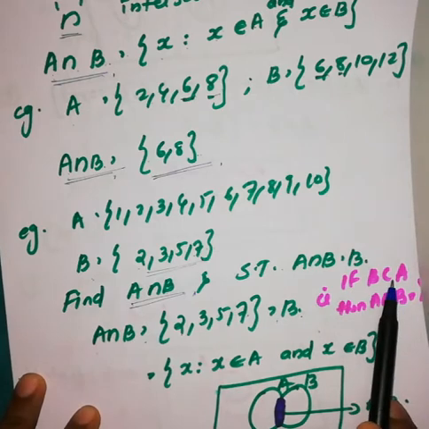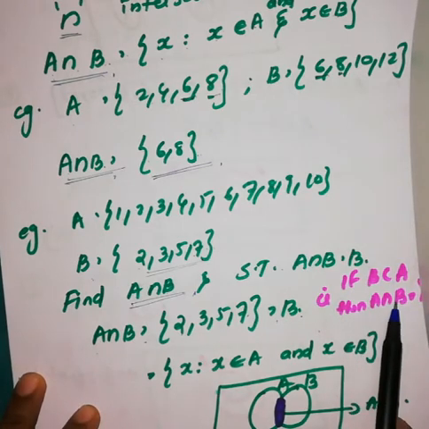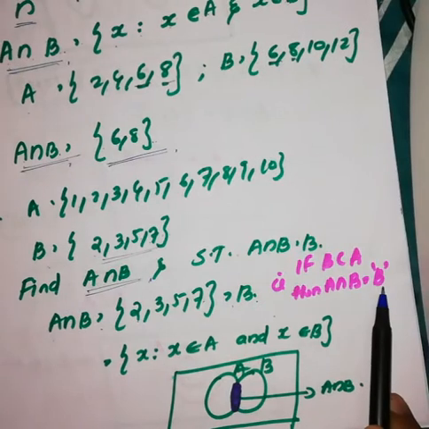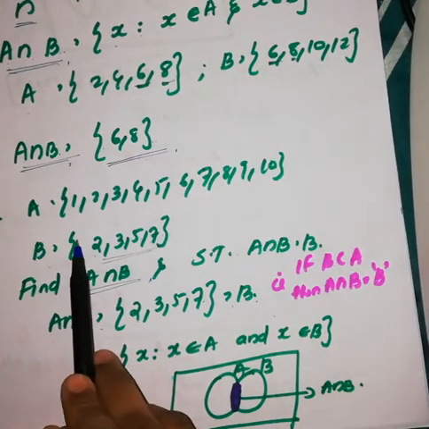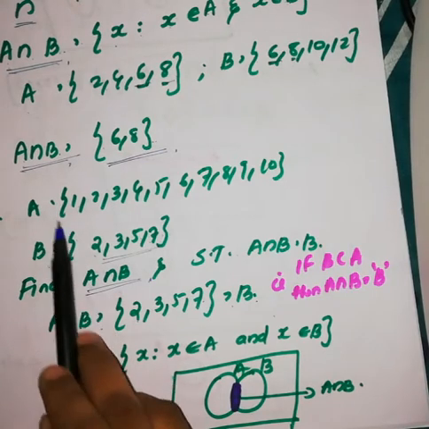If a set B is a subset of A, then A intersection B is equal to B itself. Okay. If any set B is a subset of A, then A intersection B